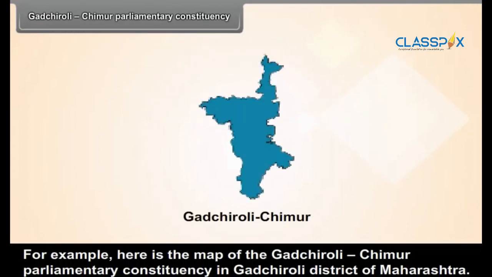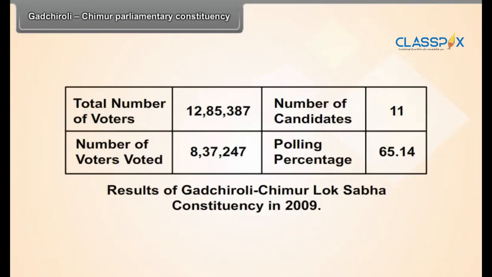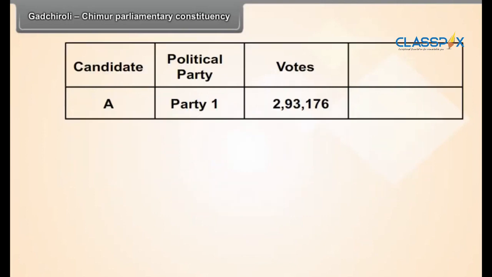For example, here is the map of the Gadchiroli-Chimur parliamentary constituency in Gadchiroli district of Maharashtra. It includes 6 legislative assembly constituencies within its area. Total number of voters 12,85,387. Number of candidates 11. Number of voters voted 8,37,247. Polling percentage 65.14. Candidate A, Party 1,